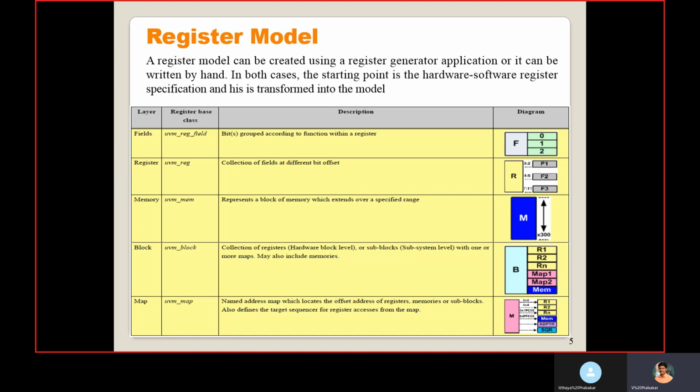There are some tools to create the register model. Using that, you can directly generate the register model, or it can be written by hand. In both cases, the starting point is the hardware software register specification, and this is transferred into the model. For example, here